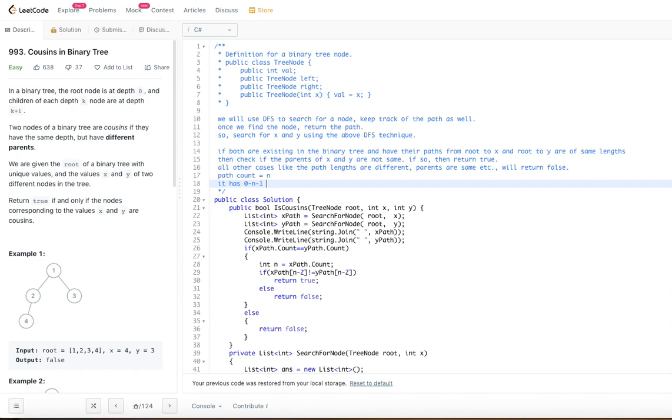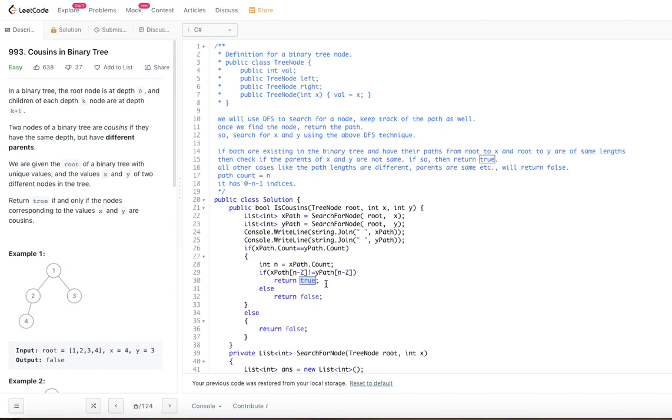So the n minus 1 index will be x or y, and the n minus 2 index is x's parent in x's path, and y's parent in y's path. So that's what we are checking. The content of n minus 2 in x path and the content of n minus 2 in y path should not be the same. If so, we return true. If they are the same, we return false.